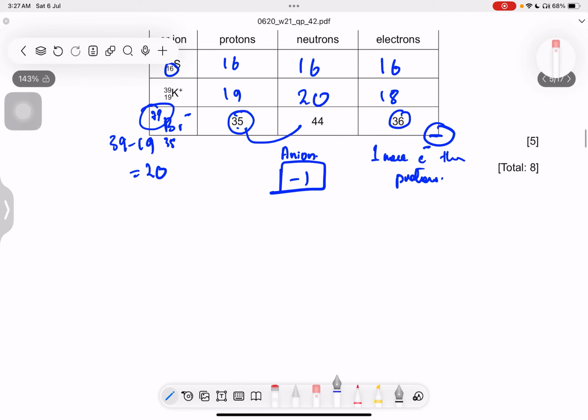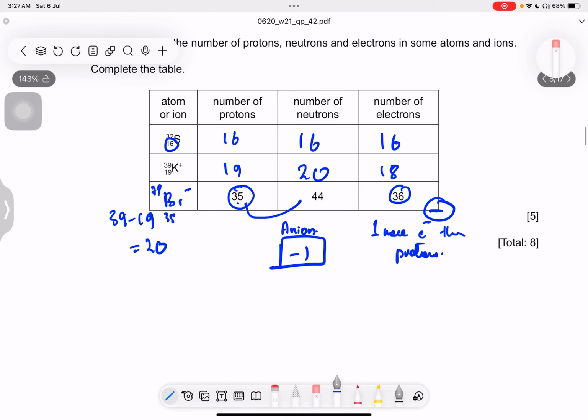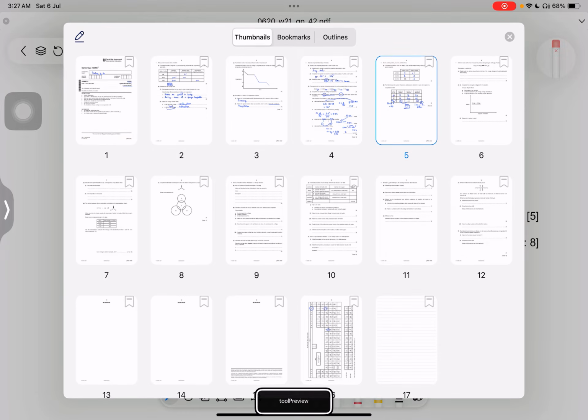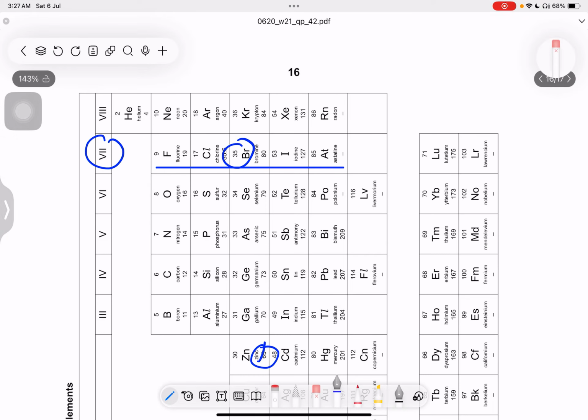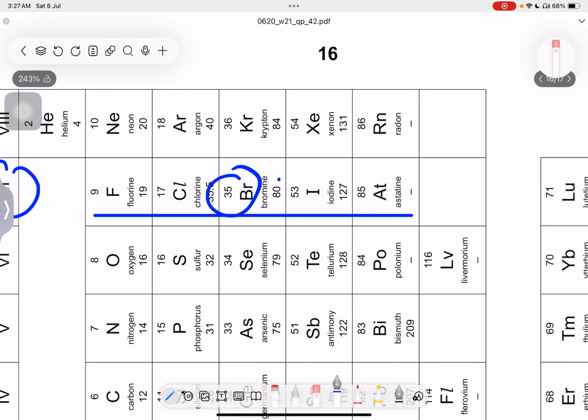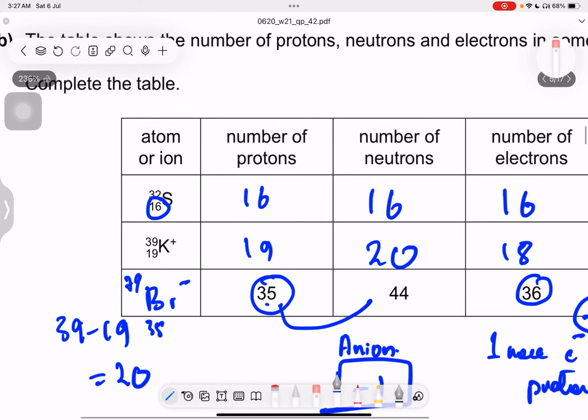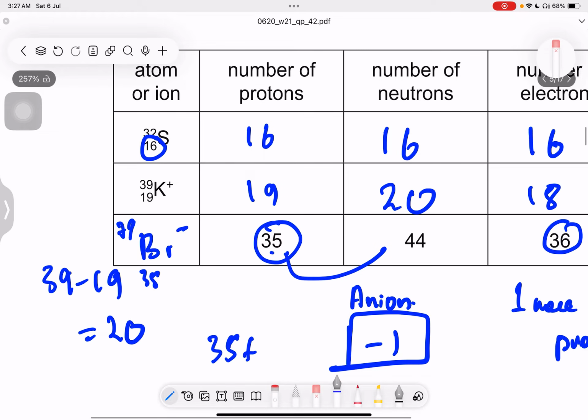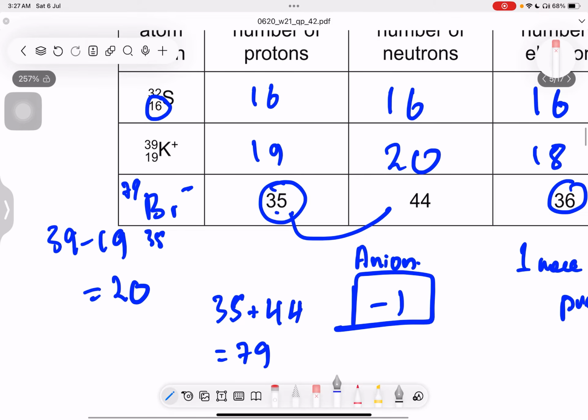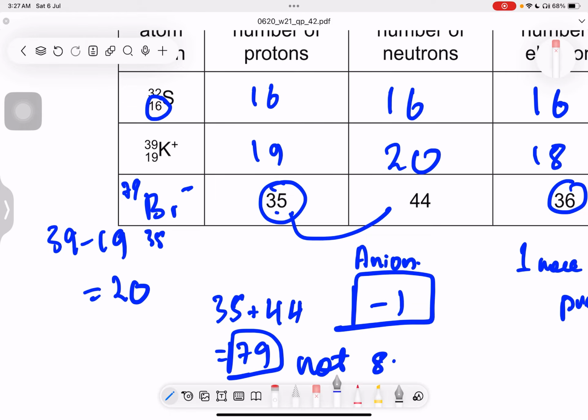And you can just see it from the periodic table, or it's better you do it from here because maybe this is a different isotope. So let me check. Yeah, so you can't take it from the periodic table. This is 80. You can't copy from the periodic table in this case because this has 35 plus 44. Bromine has two different isotopes. So this will be 79, not 80. So 79 will be the correct answer and 80 will be wrong. Okay,